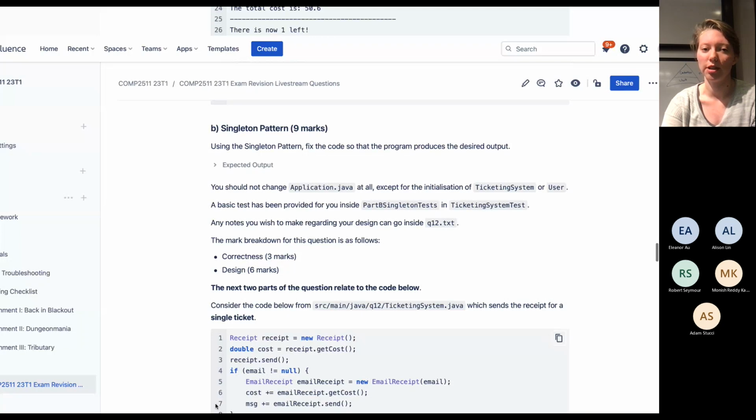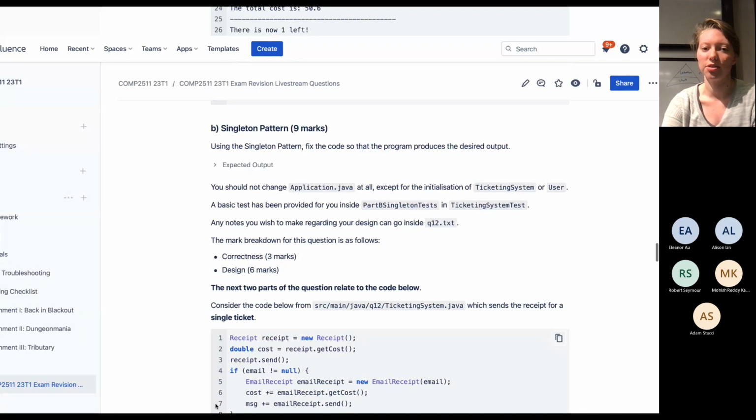It creates a bunch of users. We don't really need to know much about that. It sets their preferences. Don't need to know much about that. And then there's a whole bunch of starts that basically just say, go do the thing that I told you to do. If we go have a look in user, we can see that